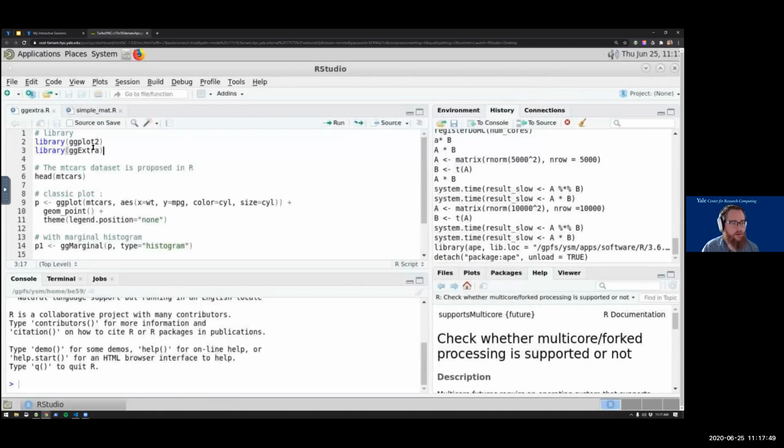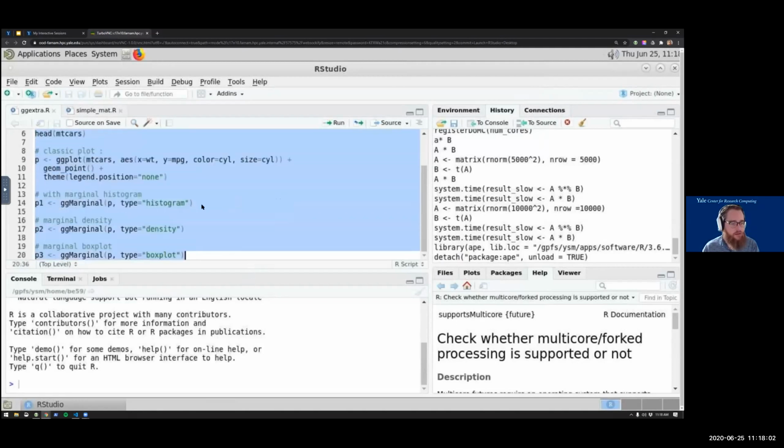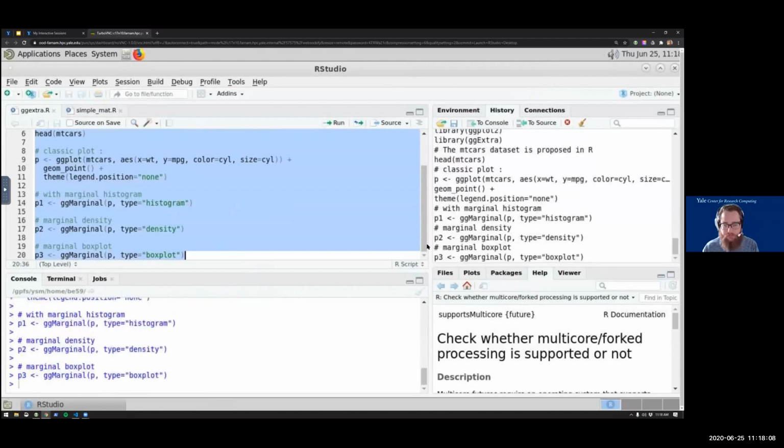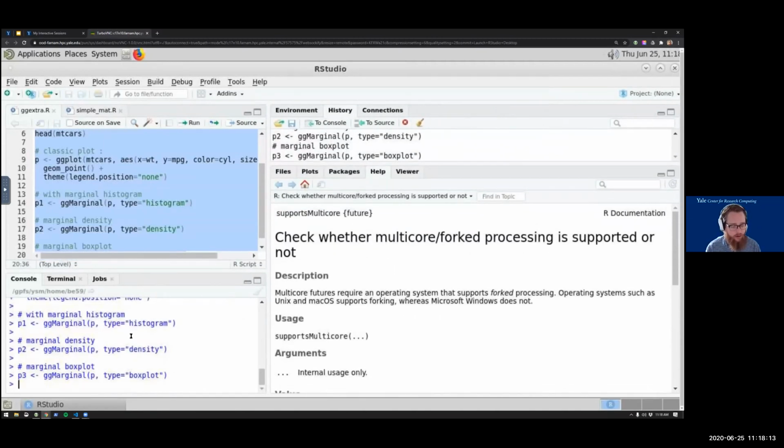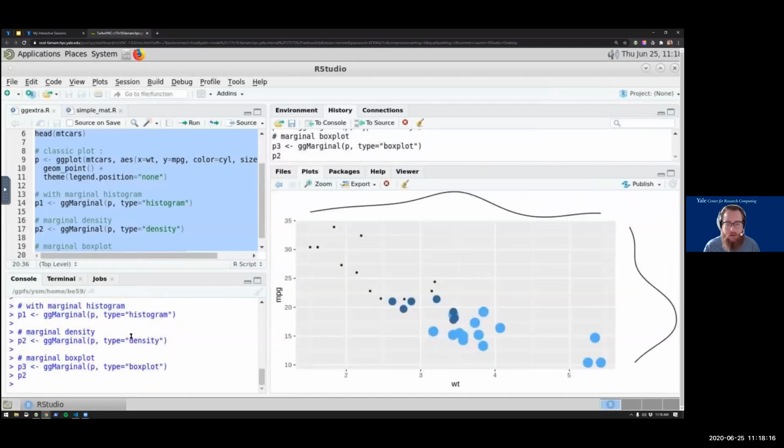So I just wanted to go through another example, and this is one of the ggplot classic examples. I'm just using the mtcars dataset that is pervasive in R, and do maybe an interesting plot or two. And if I make this a little bit bigger, take a look at maybe P2. And so I generated a scatter plot with marginal densities on the side. And if I export this, say maybe as a PDF,